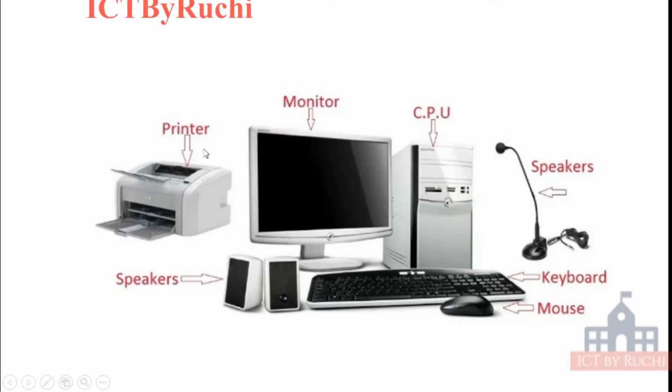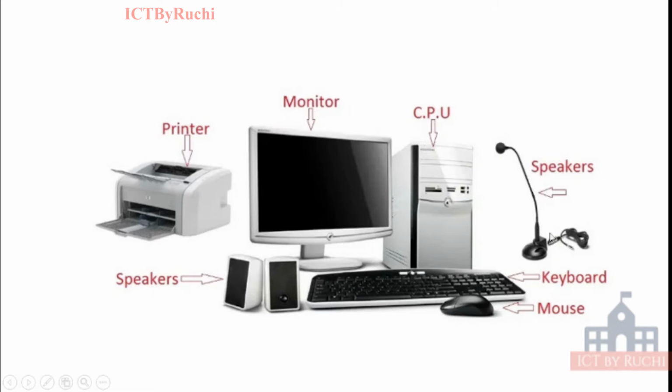Let me explain. This first is the printer. It is used to give printouts, that is, hard copy on paper. This speaker is used to give output, like it gives us sound. Monitor is again an output device. On it we can watch movies, we watch the screen, it is like a TV. This cabinet is called the CPU, central processing unit, and it is the brain of the computer.